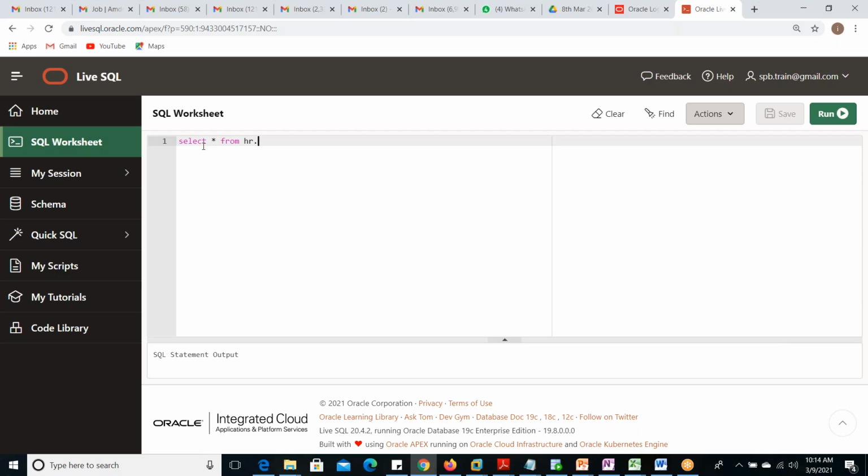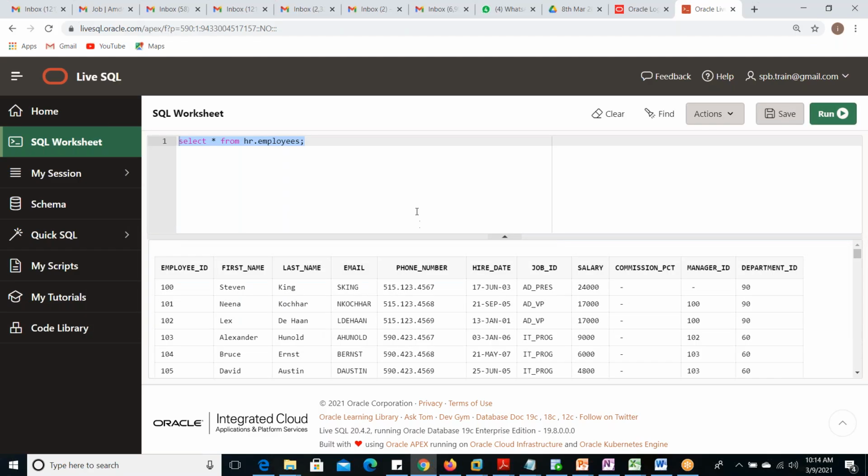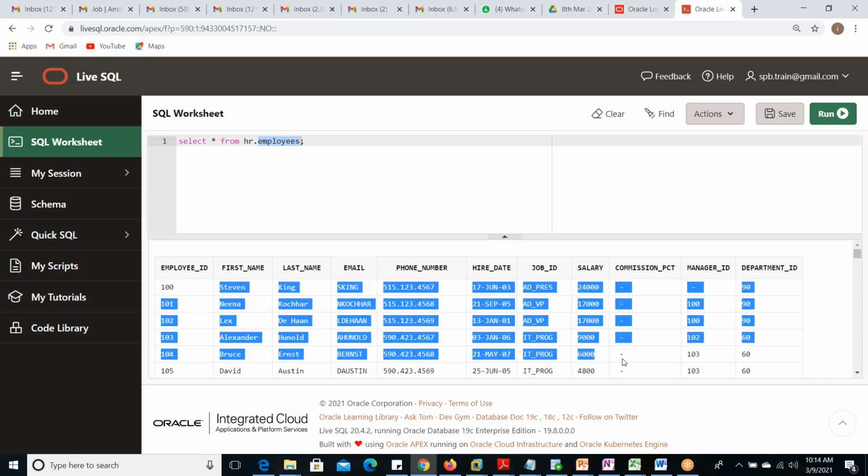You cannot get this type of data in any other databases. They have given the HR.employees table. Questions on this table only you will get in interviews, and this helps a lot for your practice also. A lot of scenarios can be covered. This type of data they have already provided. Select this, run this. If the software is installed in our system, we will also get this data with this schema. HR is a schema here, employees is an object here. What type of object? Table object. The name is employees. These are the data.